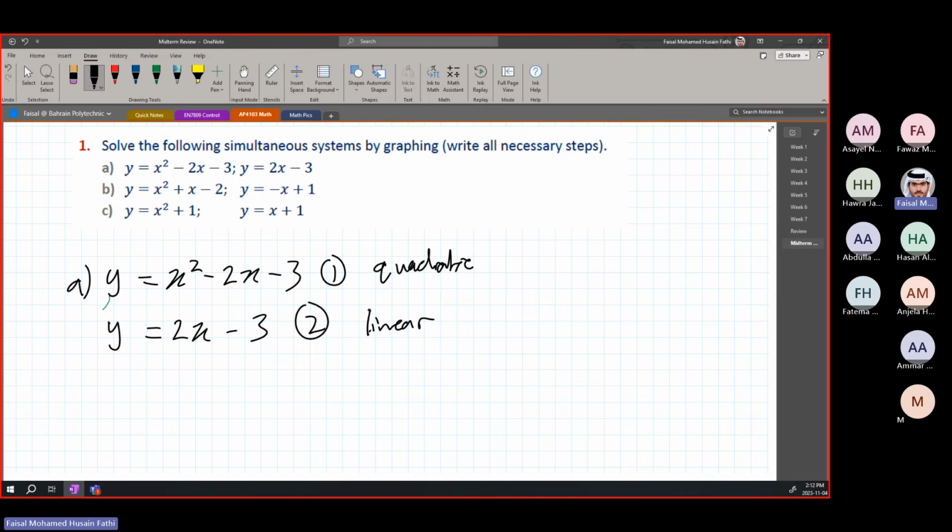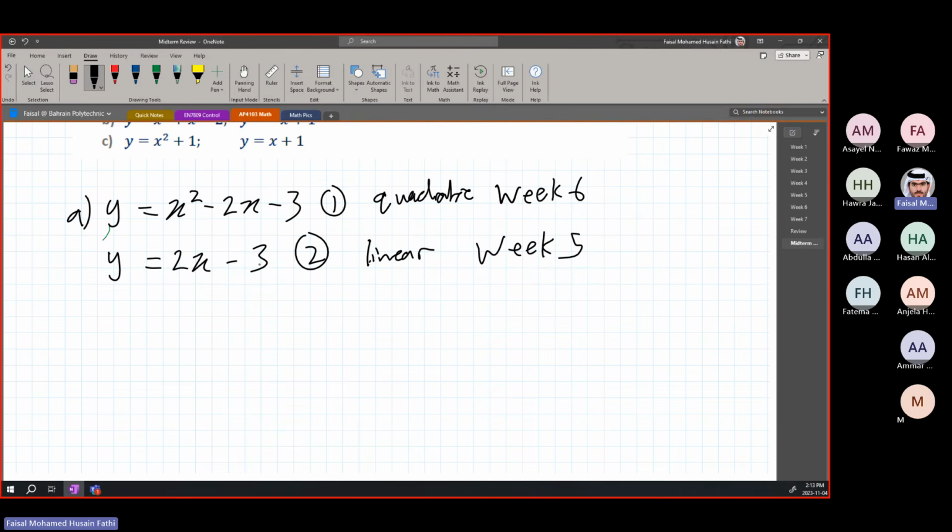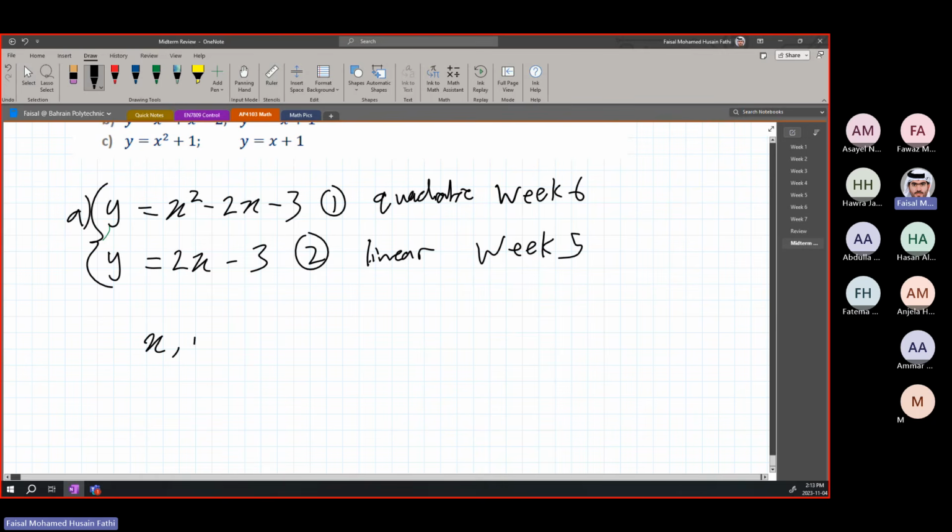To plot these graphically, you follow the exact same steps from week 5 and week 6: finding the x-intercept, the y-intercept, and in this case also the axis of symmetry. That's all you do for graphing. But the point I need to get to here is when you solve these simultaneous equations, the final values of x and y that you get are coordinates of the intersection points